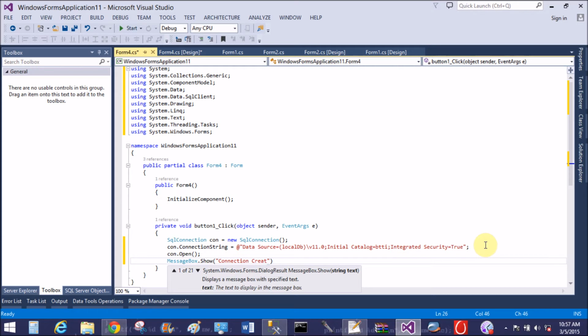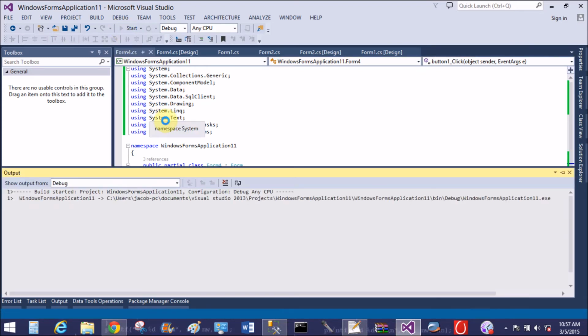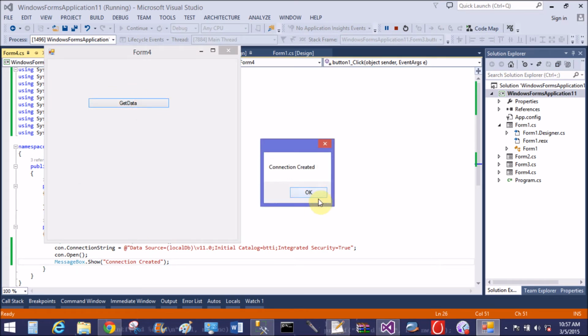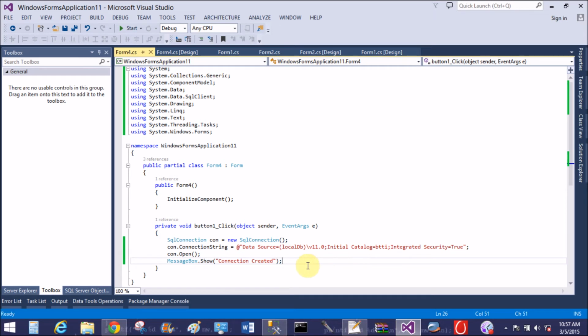So connection open, using the Open method of the SqlConnection class. Now use MessageBox.Show to check that the connection was created successfully. Yeah, the connection is created successfully. So now after that